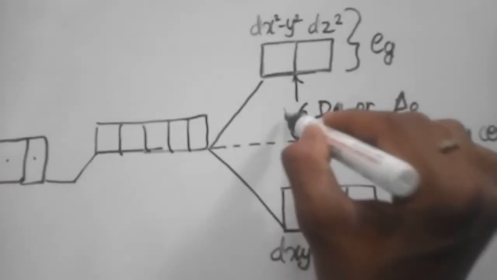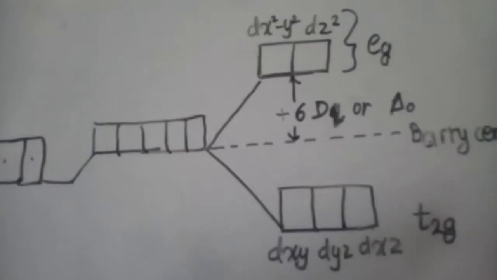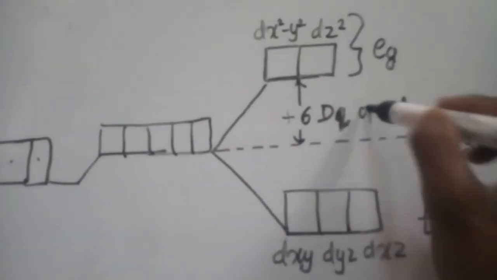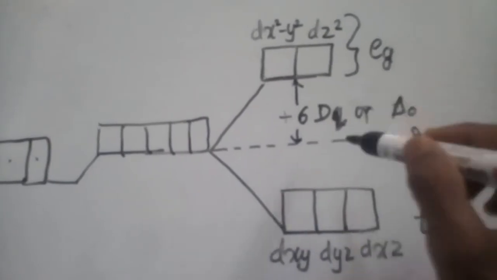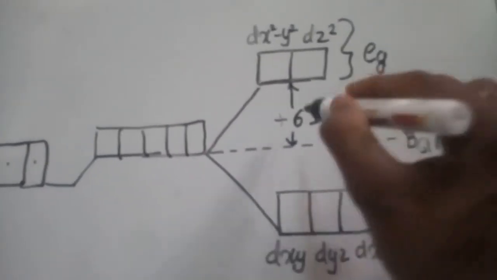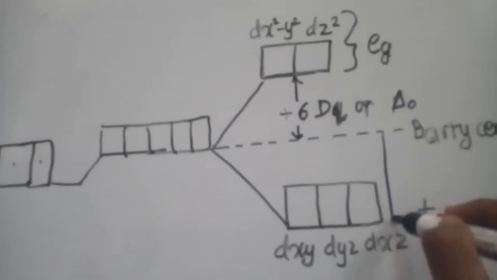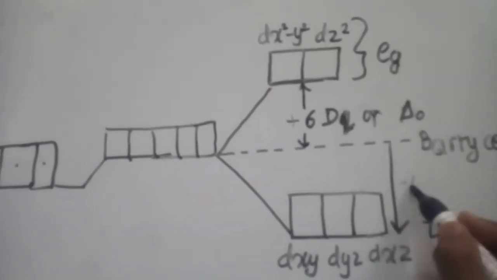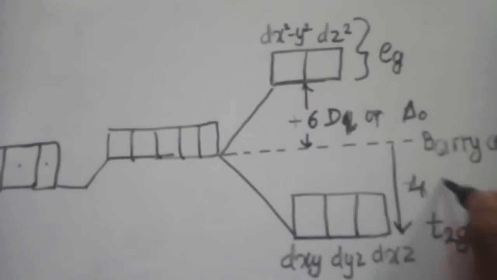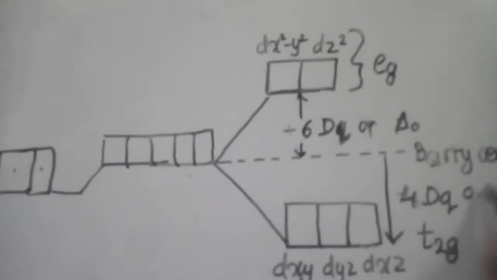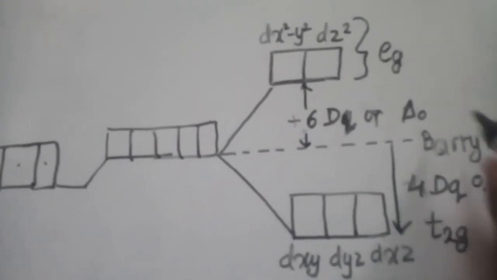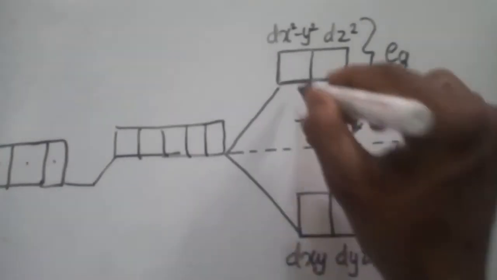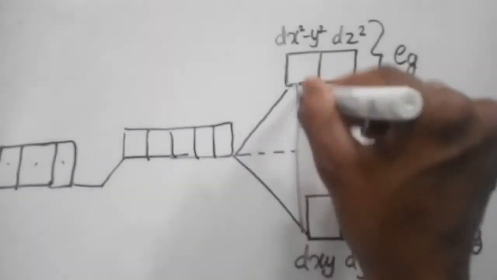Therefore the Eg orbitals will have energy plus 6 Dq, which will destabilize the compound by 6 Dq of energy, and the T2g orbitals will stabilize the complex by 4 Dq, or 0.4 delta O, and the Eg by 0.6 delta O, and this difference is 10 Dq,